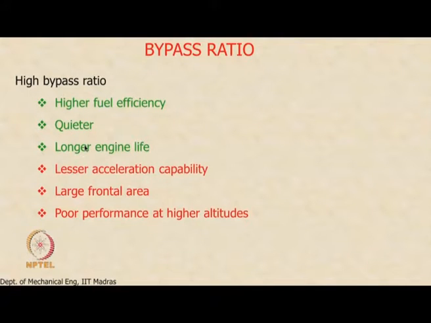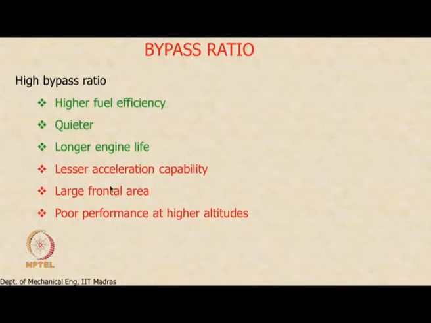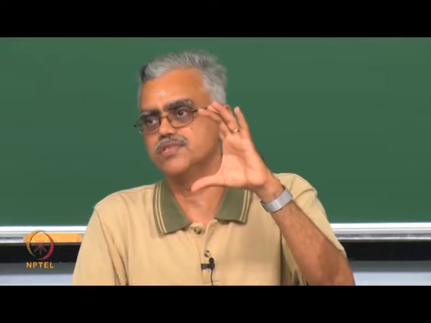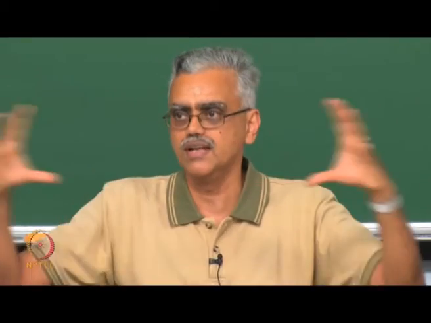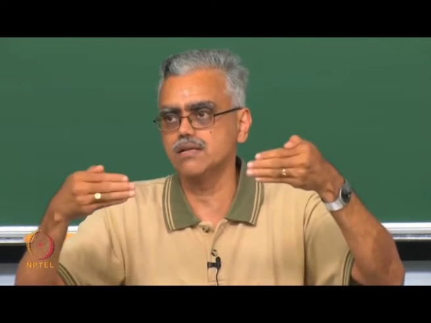Longer engine life certainly, because 80% of the thrust is produced by components which are not exposed to high pressure or high temperature. Okay. But because the size of the engine is bigger, definitely mechanical inertia plays a role. So the acceleration of a turbofan engine is less compared to a turbojet engine. Okay. And the increased frontal area, remember now the bypass ratio is 5 or 6 or 10, that means your propeller is going to be like this to capture that much amount of air. So as the bypass ratio increases, the fan diameter also increases, the frontal area increases, which means the drag due to the nacelle also increases.